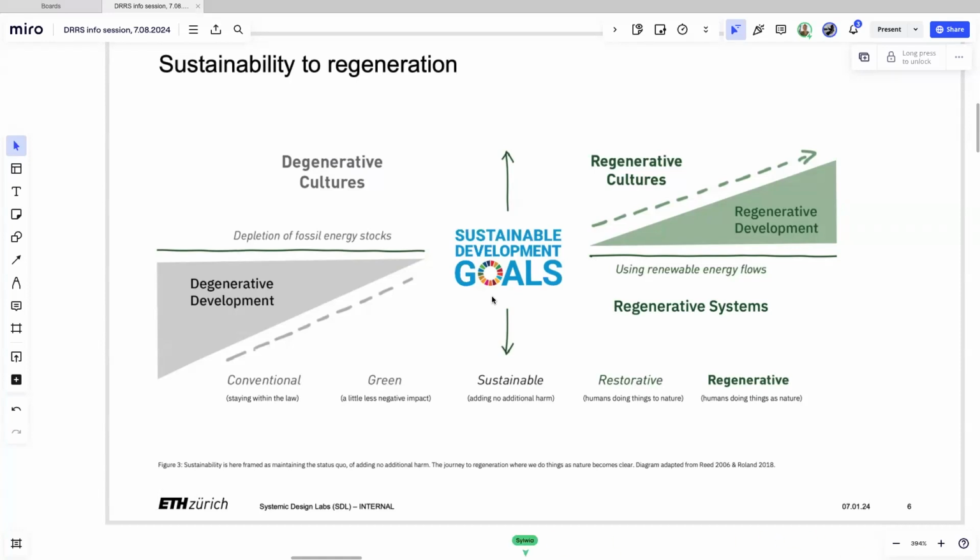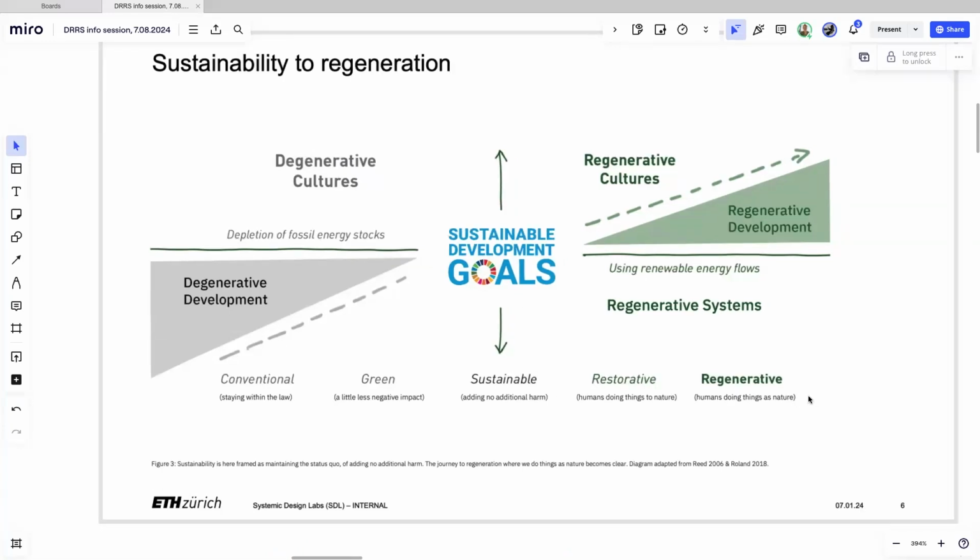We understand sustainable as adding no additional harm, but we are going towards something regenerative. In other words, we, as part of nature, also live and work and do economics as nature would do. And that includes some kind of restoring actions or repairing certain damage, ecological, social, cultural, also inner damage that has been done over time. So it's a longer, continuous journey that reaches far beyond the current understanding of sustainability.